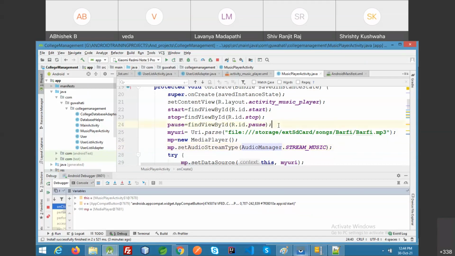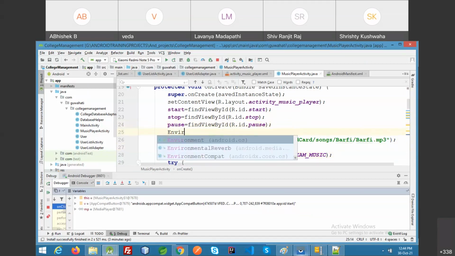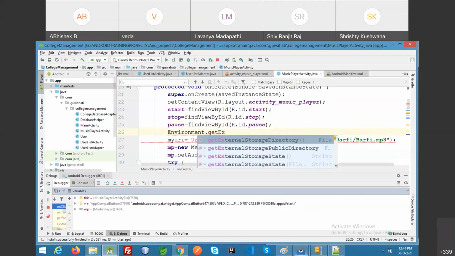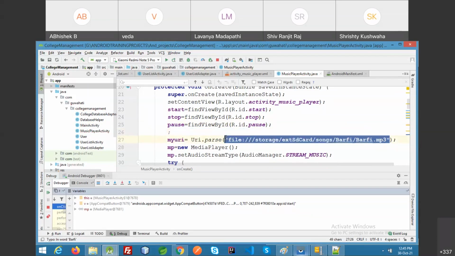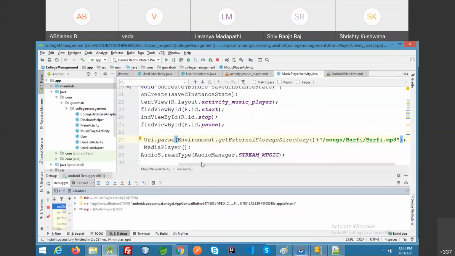One more way: Environment.getExternalStorageDirectory, then plus, I will copy this, plus this. Control X, Control V. Let me try this.